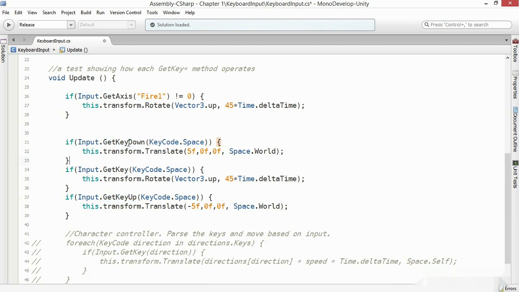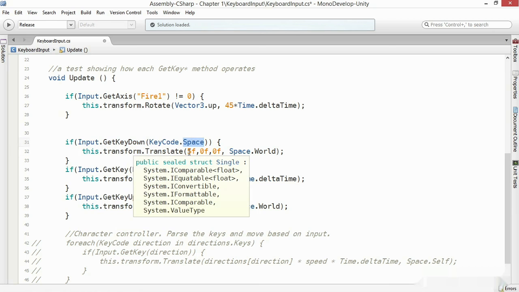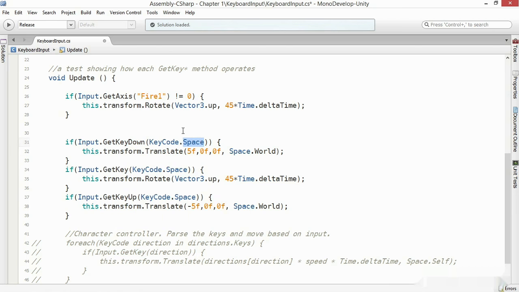In this example, I'm showing how GetKeyDown, GetKey, and GetKeyUp work using the space key. Here we see GetKeyDown. It only returns true once in the first frame to be processed after the key is pressed. GetKey will return true for as long as the key is pressed. And GetKeyUp will return true only once in the first frame to be processed after the key is released. So in this case, we're going to see if the space key was just pressed. If it was, we're going to translate 5 units along the x-axis. Then we're going to test to see if the space key is currently being held. If it is, we're going to rotate